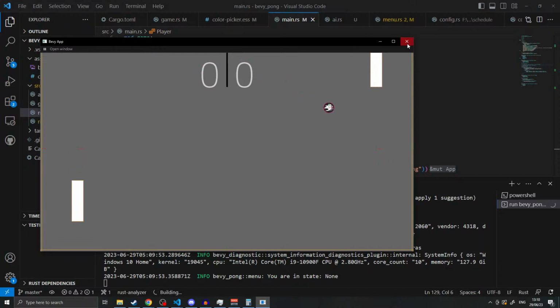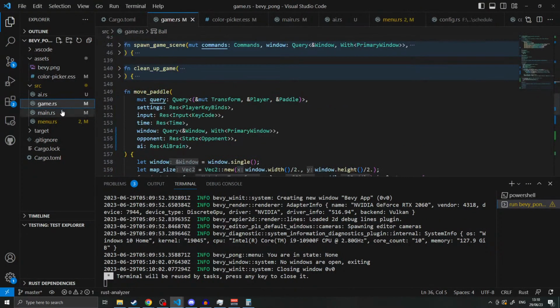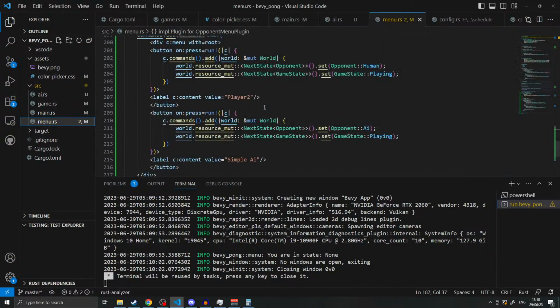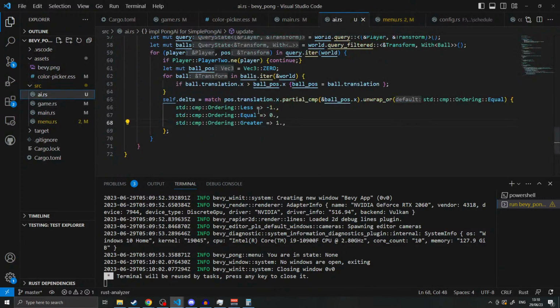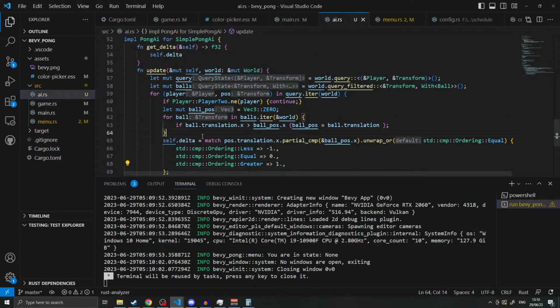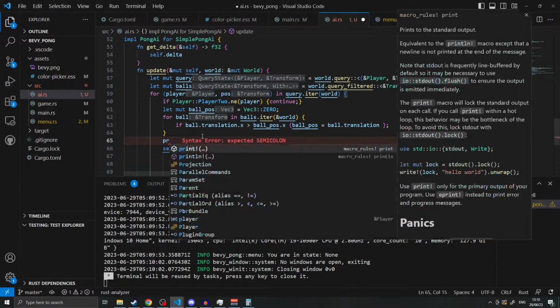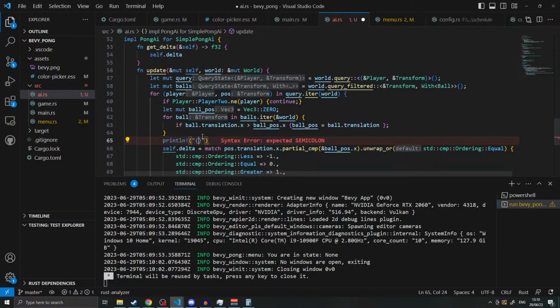Why is it not working? Okay. AI, why are you not working? Can I get you to print line t-ball equals... Okay, and then do new line p equals